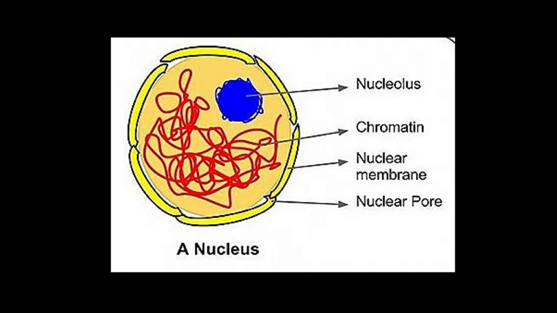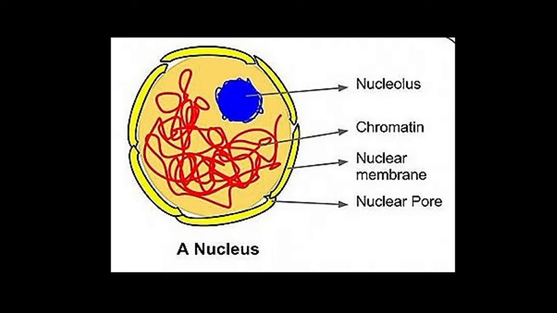Okay, now what is nucleus? Nucleus is the processing unit of the cell. It is a double membrane bound organelle which contains the genetic material for inheritance. Inheritance means those characters which are transferred from parents to their offsprings. We also call that genes. Our genes are transferred from our parents.